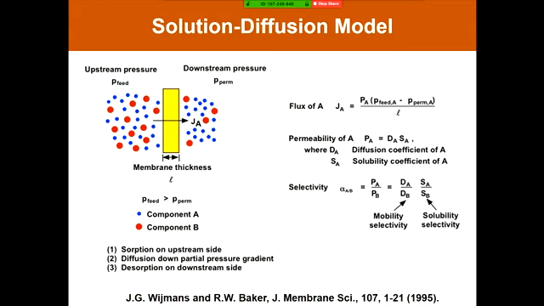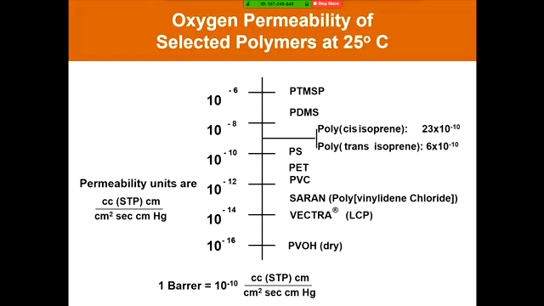Typically we're also looking for materials to be selective, and that is for the membrane to select one component over another: hydrogen over nitrogen, oxygen over nitrogen, CO2 over methane. And we can then write that selectivity in terms of the ratio of the solubilities of the two gases and the ratio of the diffusion coefficients of the two gases. The material science efforts in this area are often related to changing the polymer backbone structure in order to tune solubility and diffusion interactions to get optimum combinations of permeability, which is throughput, and selectivity, which is related to the purity of the separation.